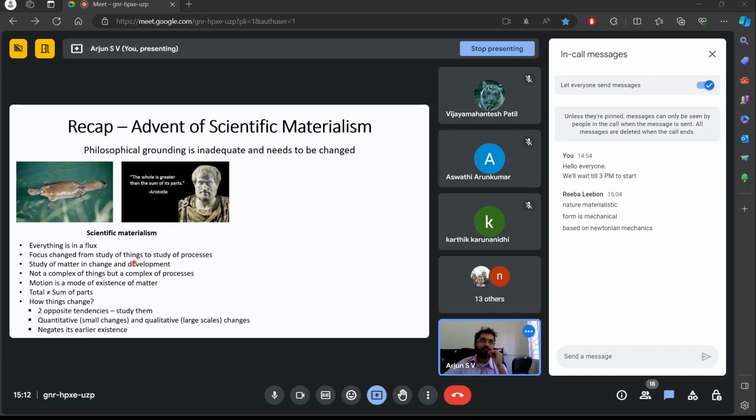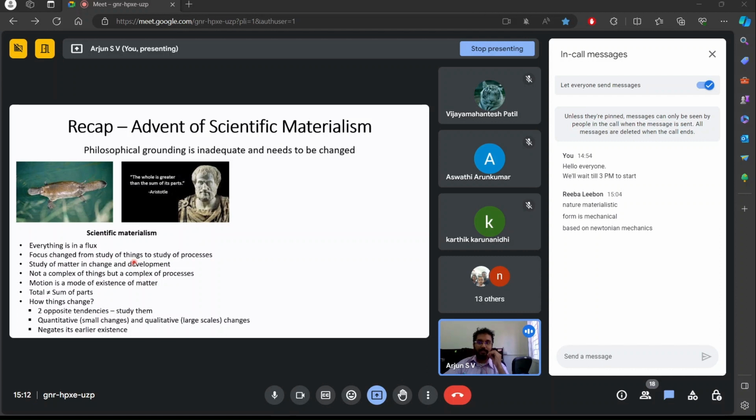For example, let's just say that there's a single cell. A single cell is not going to stay as a cell for a while. A single cell is going to give rise to more cells, and more cells, and together they're going to give rise to tissues, organs, organelles, and organs as well, giving rise to a living organism. So rather than studying the cell, people started studying what is happening while the cell is transitioning into another cell, or when a group of cells are transitioning into a tissue. So what happens during the tissue? Instead of studying a specific entity, they started studying the change happening to the entity.